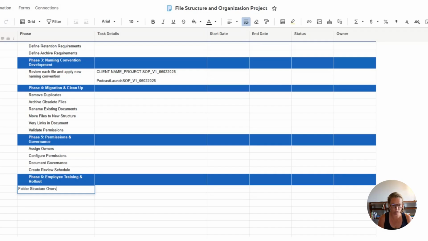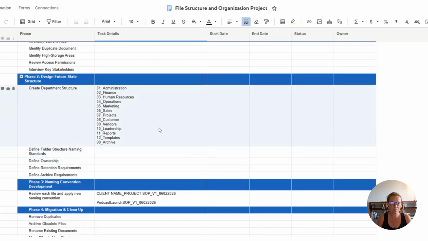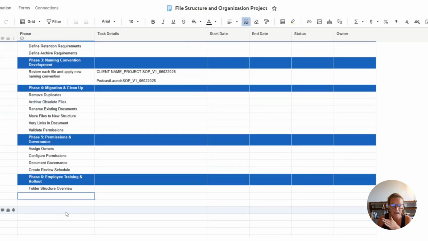your folder structure overview. So from a high level, when you look back up here, you're looking at your folder structure. Within, you can have multiple folders. You can even set up examples and expectations on how many clicks down, how many subfolders do you allow. You want to make sure that there's not too many clicks, because the more clicks you have, the harder it is to find the documentation. You'll go through the naming convention